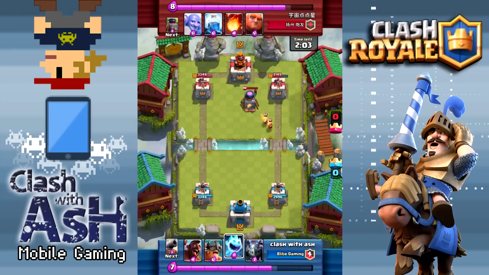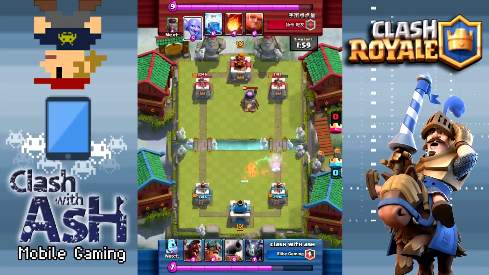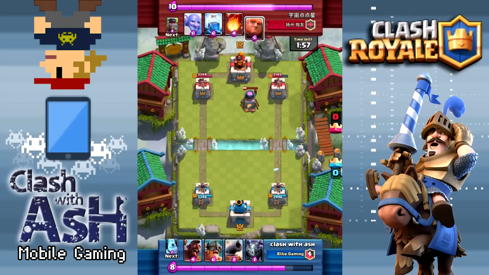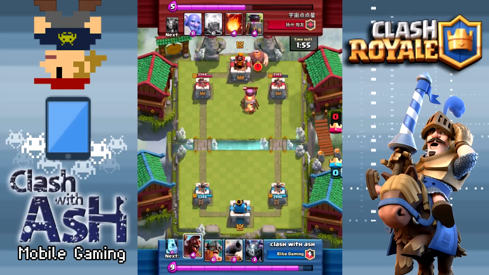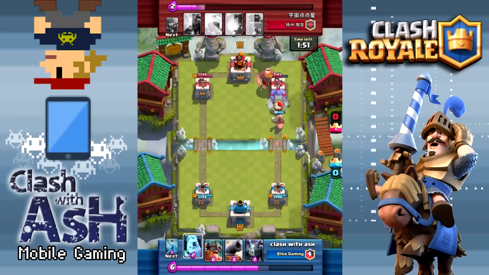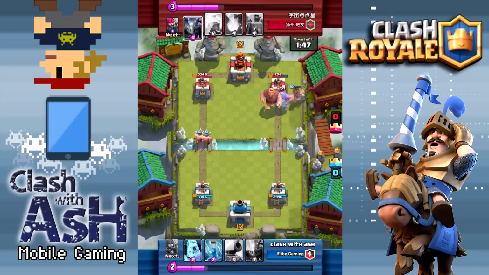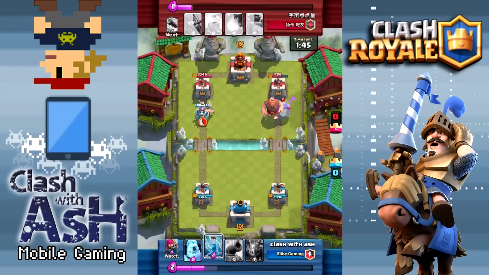So I did want to talk briefly, before I let you guys go and enjoy this deck, hopefully, about why I prefer the cannon in this deck as opposed to the Inferno Tower, or a Tombstone, or a Tesla, or whatever else you're going to play, and why I prefer the Zap spell instead of a Fireball or a Lightning. So the Zap spell over a Lightning is obvious, and by the way, guys, this is